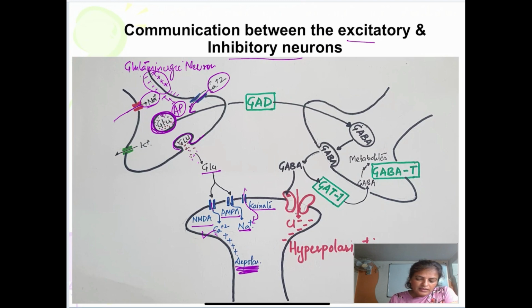Now this is an excitatory neuron which is going to cause the excitation, but in the central nervous system there is a check. There is some other neuron which is going to cancel the effect of this, to make a balance. If this balance is not there, then it is going to cause the excitation only. So how is the balance maintained? There is another inhibitory neuron, that is a GABAergic neuron.